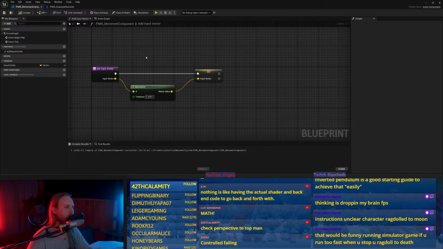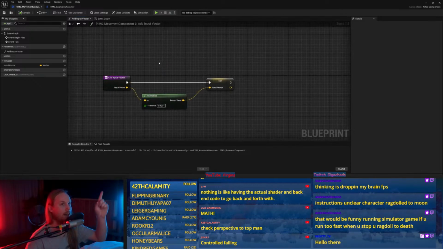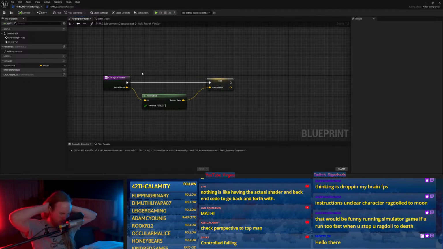We know that the maximum from the input vector is 1, so it's 1 up and 1 to the side, or -1, -1, or a combination. But then we want the diagonal to be 0.77? I'm trying to use brain.